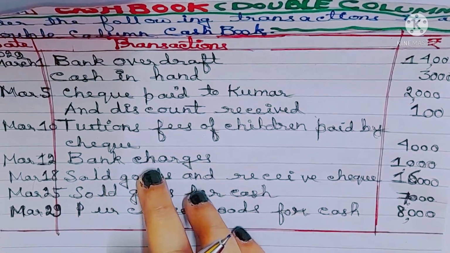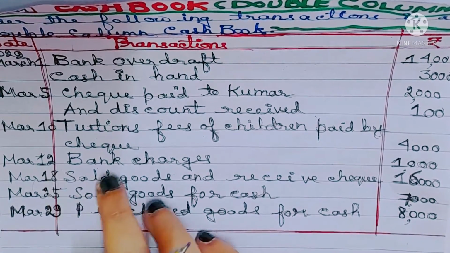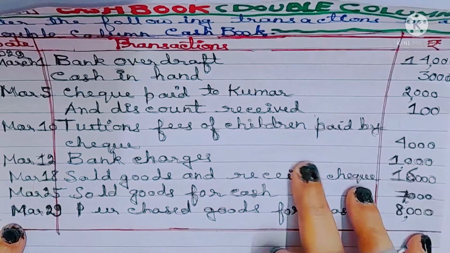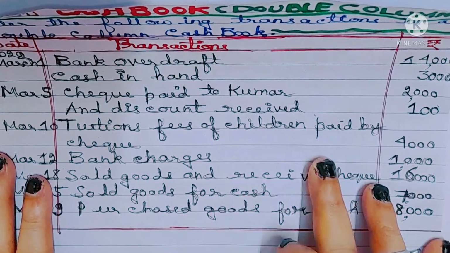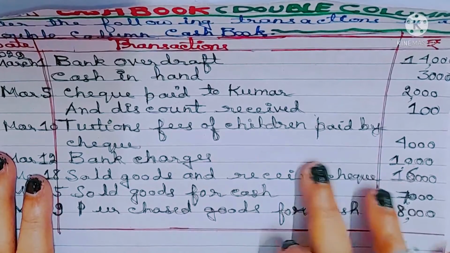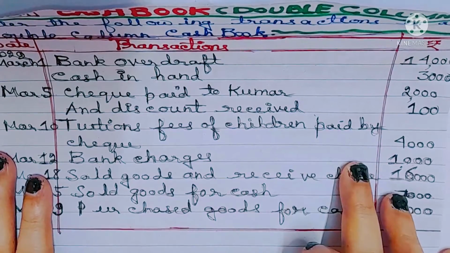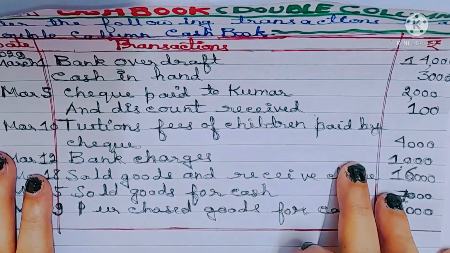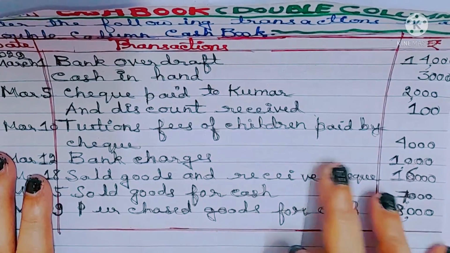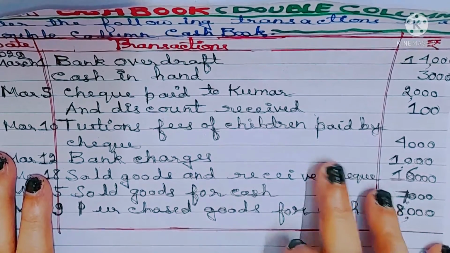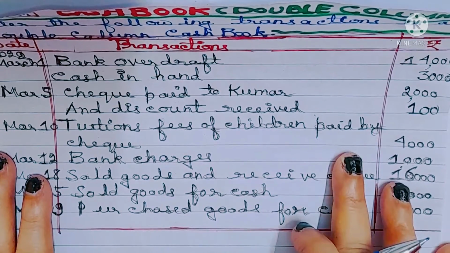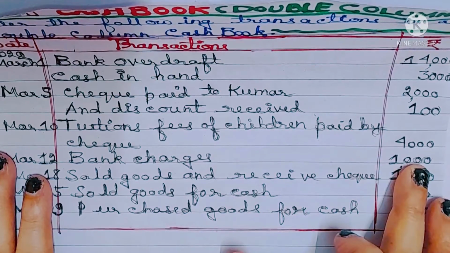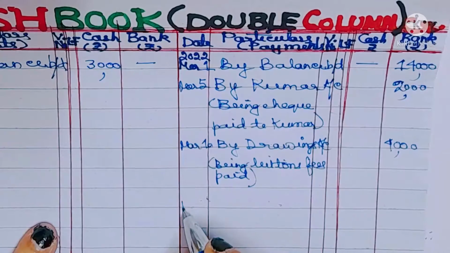The next transaction is on 12th March, bank charges 1,000. So what will be the journal entry? The journal entry will be bank charges account debit to bank account. So what is the position of bank account? Since bank account is on the credit side, bank charges will also be on the credit side. So we'll have to write by bank charges account in the cash book on the credit side in the bank column 1000. Okay, so let's write 12th March